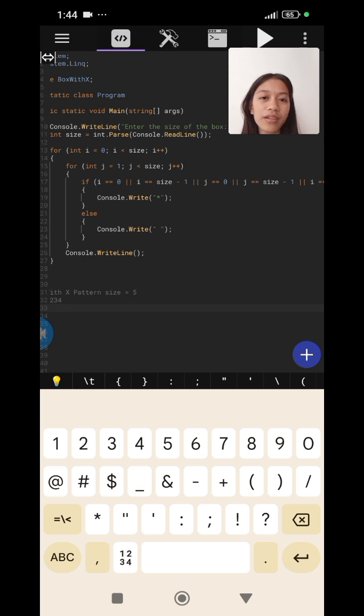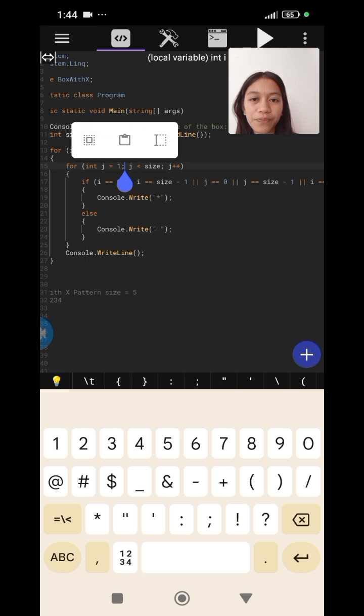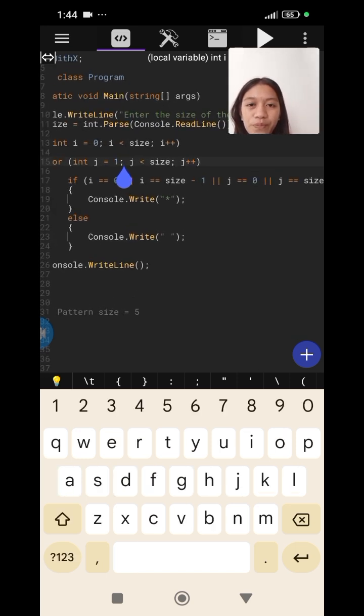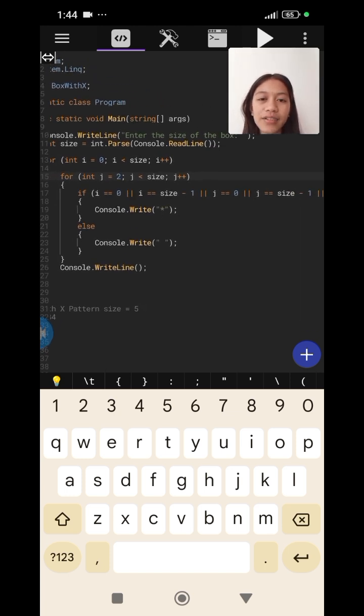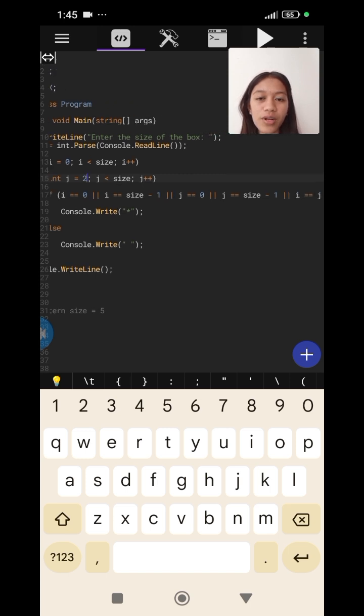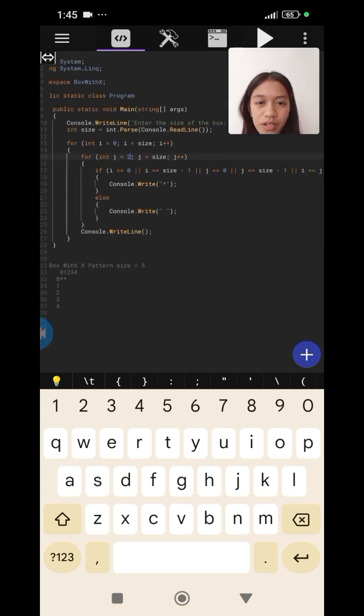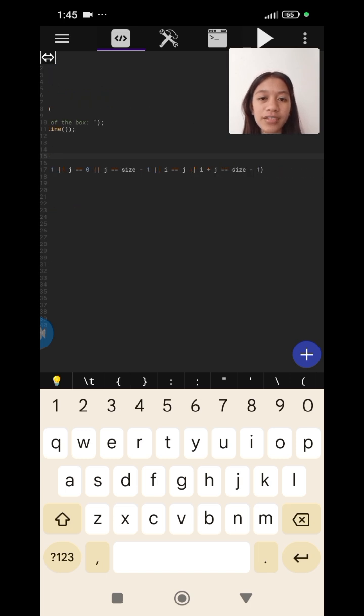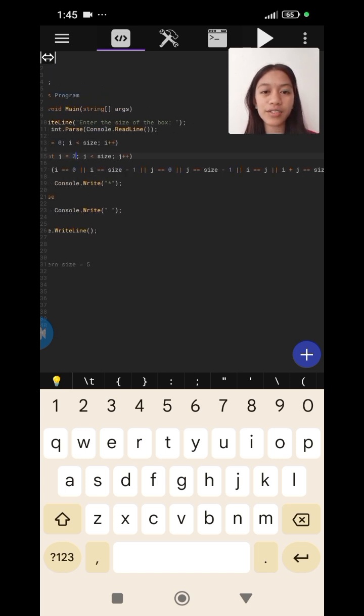So, earlier it was 1. So, 1 plus 1, the initialization becomes 2. So, 2 less than 5 is true. So, it enters the if condition again. So, 0 is equal to 0 is true. And then, 0 is equal to size minus 1, 5 minus 1 is 4. So, false still. Like earlier, its truth value is still true because